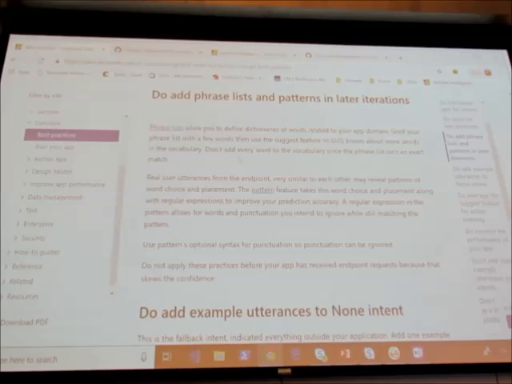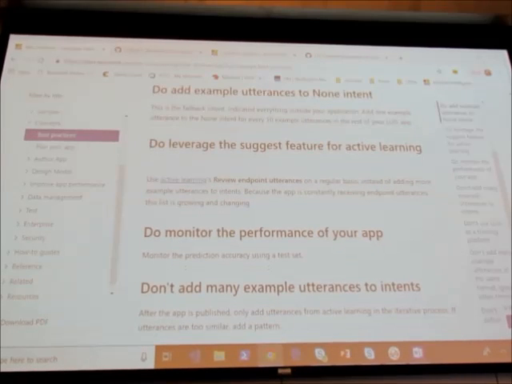What else? Best practices. There's a whole list of best practices explained in much more detail, what you should do and why you should do it. Also for testing, they recommend having, so there's three types of utterances. There's the utterances you use to train your model, so you're trying to get your model to learn. There's the utterances that come from your endpoint, which are your user utterances that hit your endpoint, like live data or test data.